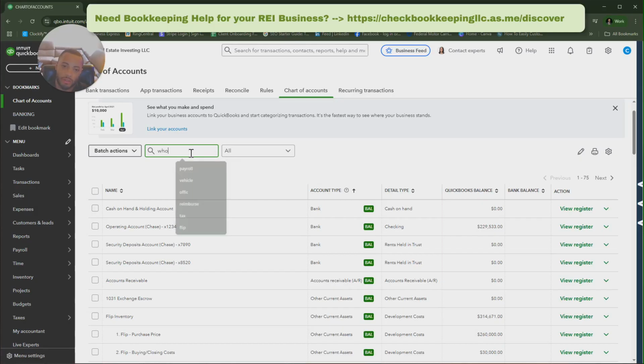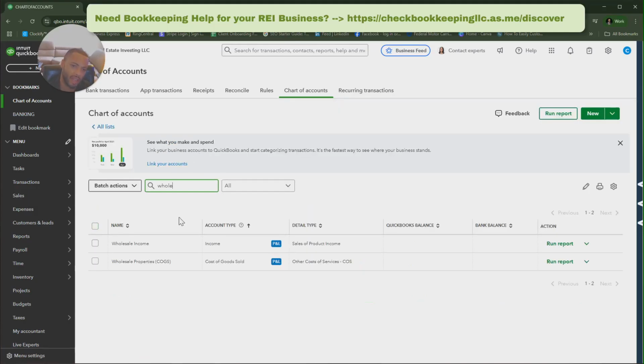For instance, wholesalers need a much leaner chart of accounts. They might only be tracking their wholesale assignment fee income, realtor costs, and advertising. A lot of wholesalers love to keep track of their advertising to see what their return on investment is. However, for rental owners,